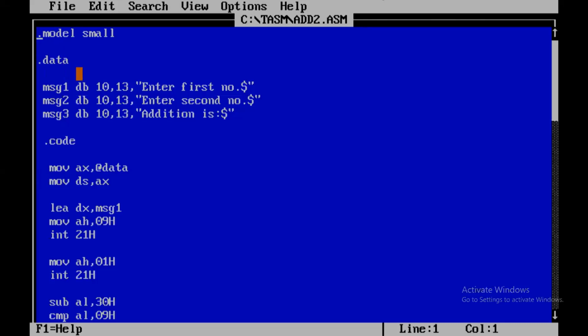Similar data you are going to write over here, and the data is to be printed on the screen when you are compiling your TASM file. When you are compiling the .asm file, that time these messages will exist. So just message print होण्यासाठी जसं आपण printf घेतो, तसंच तुम्ही message 1 db 1013 is nothing but the location, or you can say the length of that message I have just given.